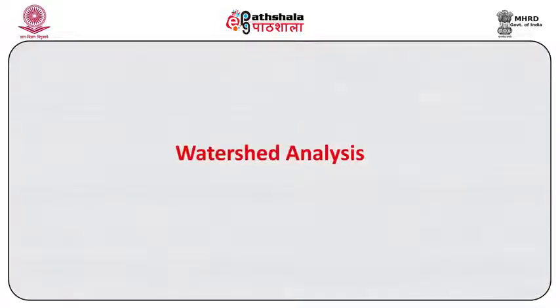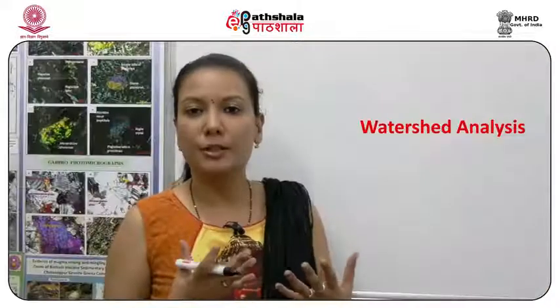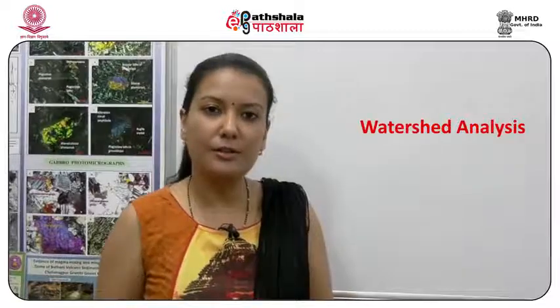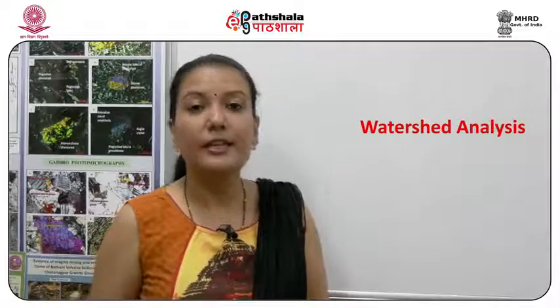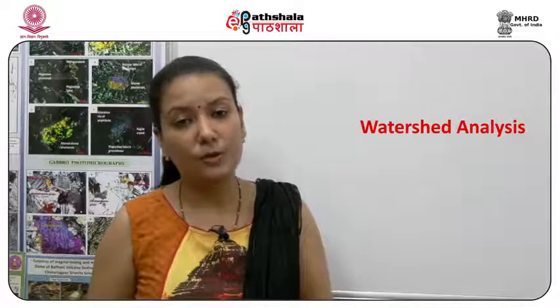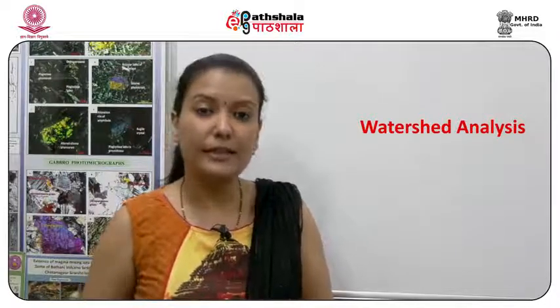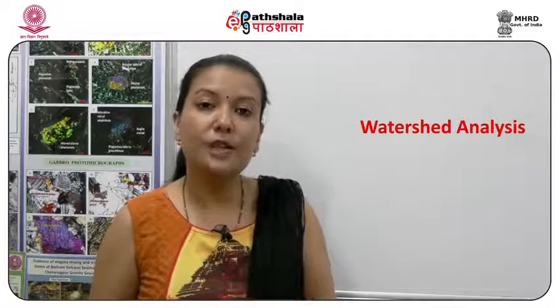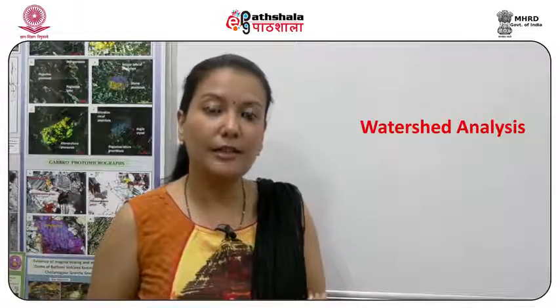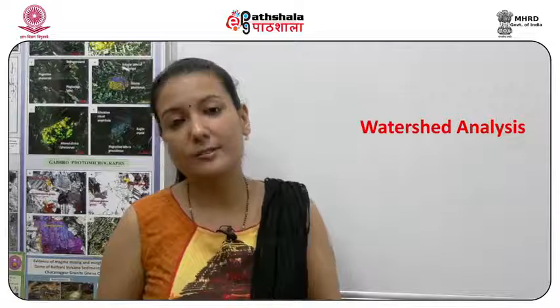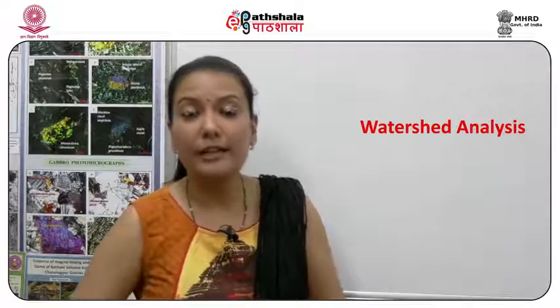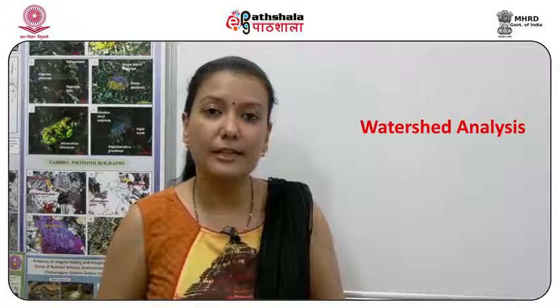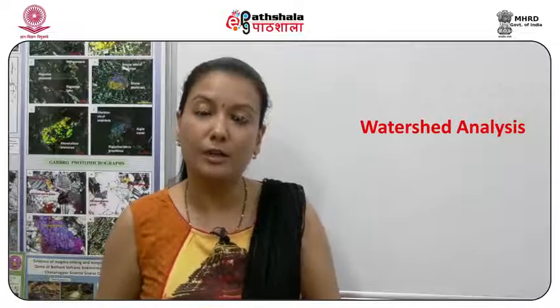Now, as in first example, how can we use the GIS software for hydrological modeling? We will take an example of watershed analysis. Now, it is very easy to delineate a watershed in a GIS software. It can be automatically done. However, before you start delineating a watershed automatically, you need to understand the concepts behind how it is delineating a watershed in a software. So, for delineating a watershed, you need first data which is your digital elevation model.